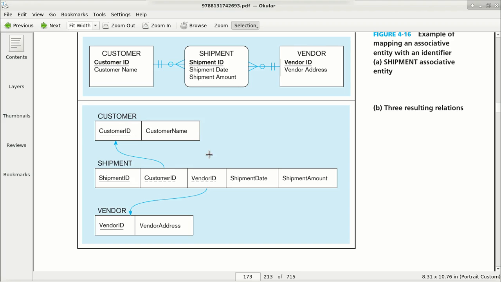Like a customer has ordered a shipment and a vendor has sent the shipment. Yes, today, after a few days, the customer again orders a shipment and the vendor sends the shipment. So again there will be the same customer ID and the same vendor ID, because one customer can receive shipments from the same vendor many times during its